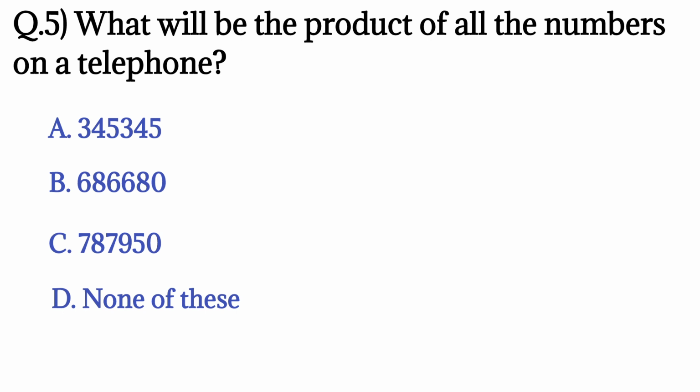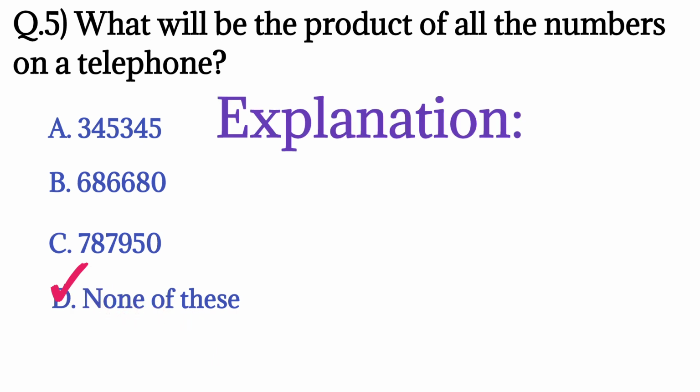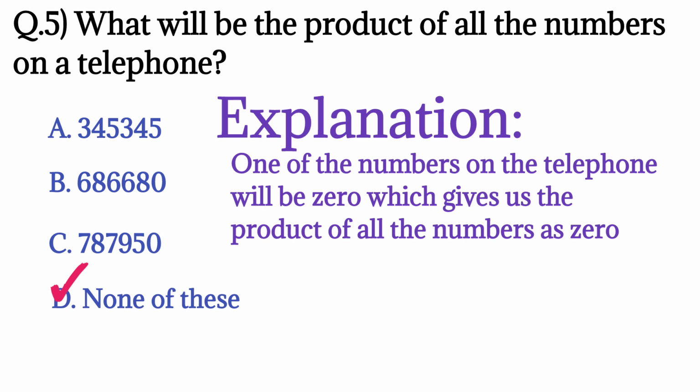Question number 5. What will be the product of all the numbers on a telephone? The right option is option D, none of these. Because one of the numbers on the telephone will be 0, which gives us the product of all the numbers as 0. 0 जब किसी भी नंबर से मल्टीप्लाई होता है तो वापस 0 आता है।